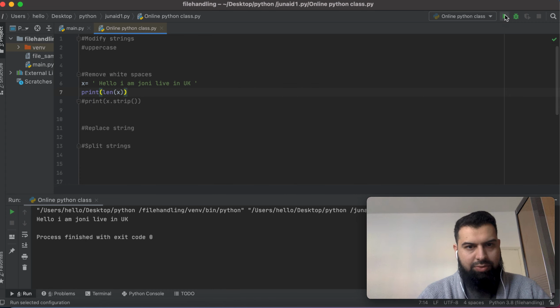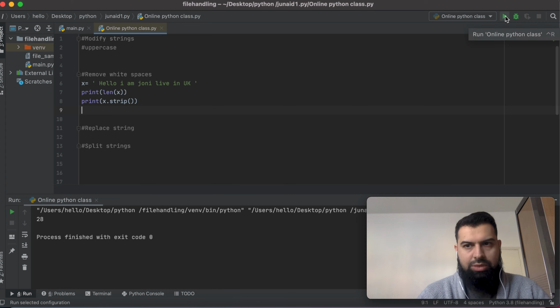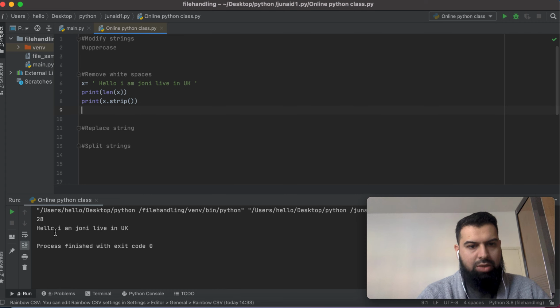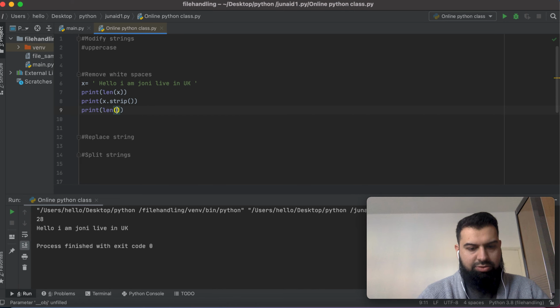Let's do this and then we will know, because len of x is going to count even all these spaces as well. So now you see you have 21, and if we are going to do this one now, and then we say hello, I am Johnny, live in the UK. So at the moment here, because this print command is before this dot split command, so if we do here again now a new len of x,